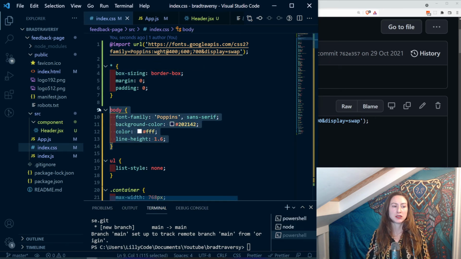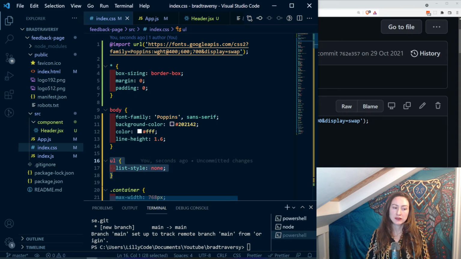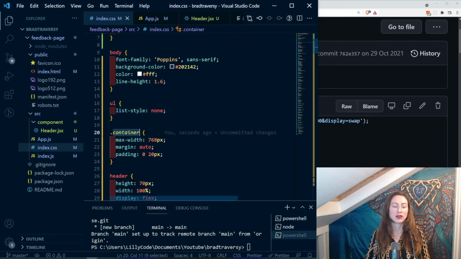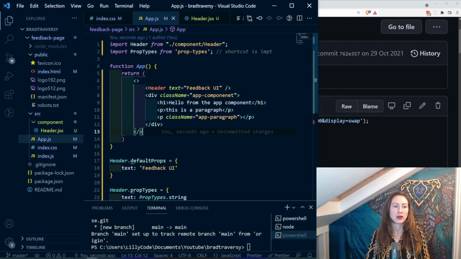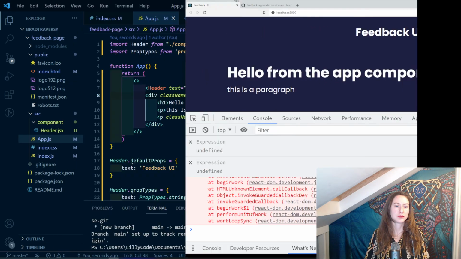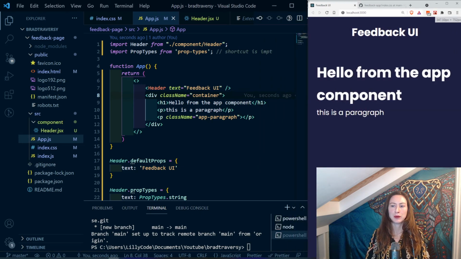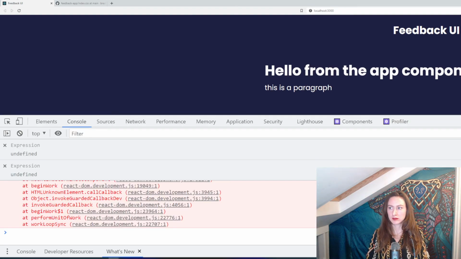Then you have your body, which is the main body of your page. Any unordered lists we want to style in this way. Our container class, so that's why we have the dot, our container class, which we can see, so this should be container, and let's save that and go and have a look at our page here. So we can see we've got a few styles coming together here now just from adding these simple styles